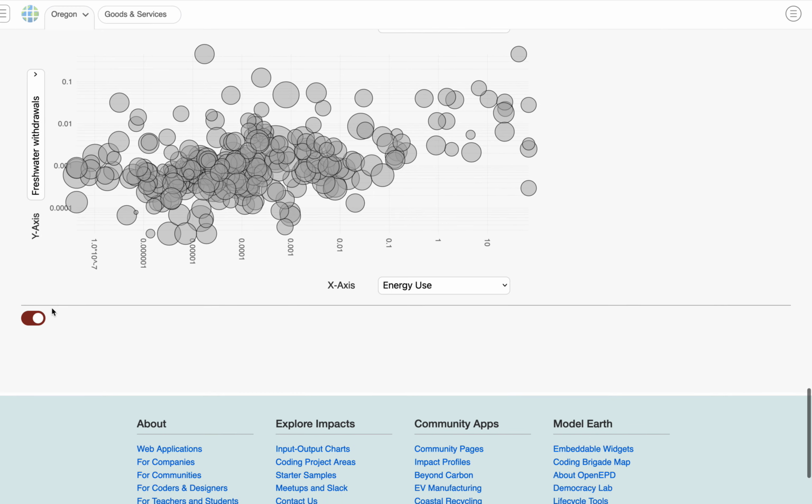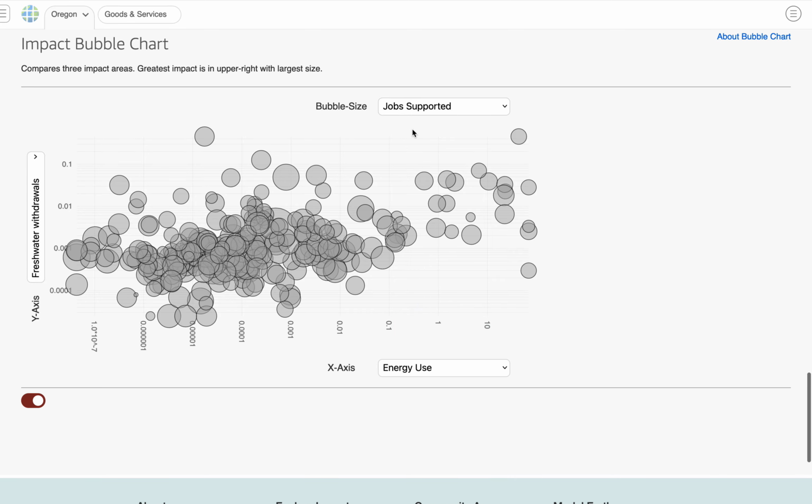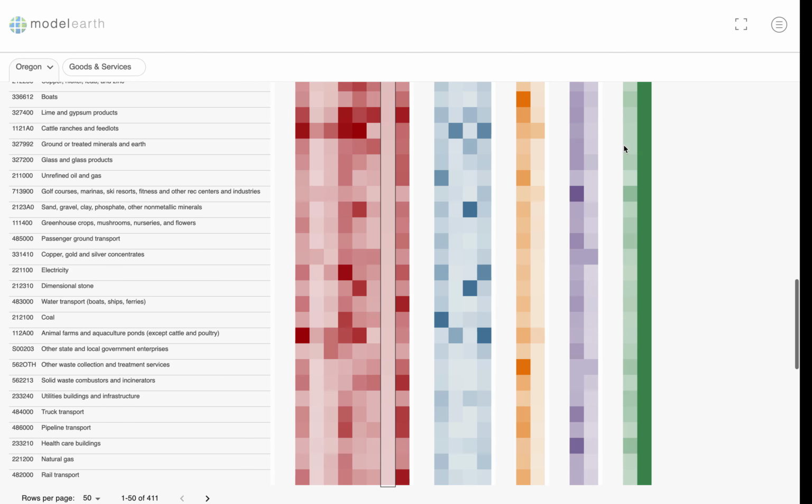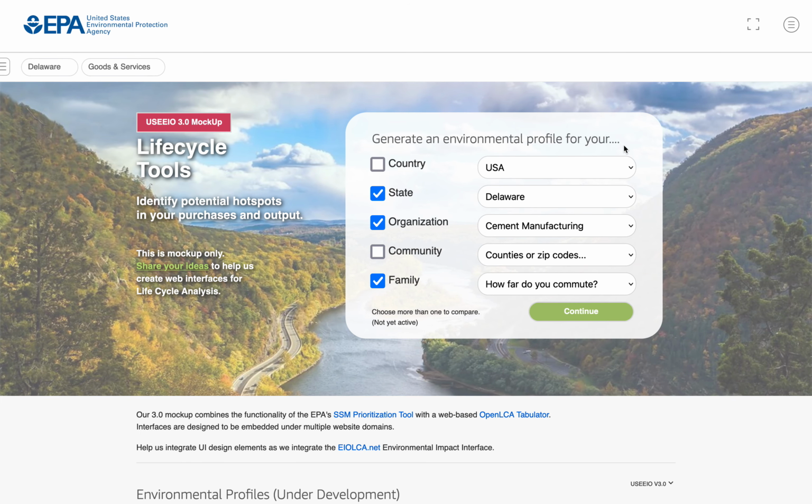And lastly, we have a chart that indicates for 3 indicators what's going to stand out the most. The size of the bubble is the top one, and up towards the upper right is going to be your highest impact. So from these, we are pushing the envelope. We have a 3.0 version that will basically mock up things that we would anticipate including in future widgets as we work with the EPA